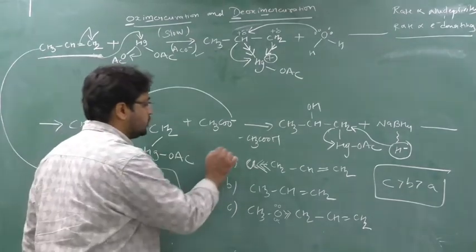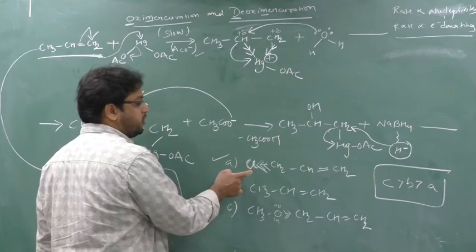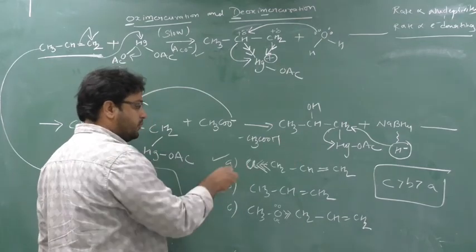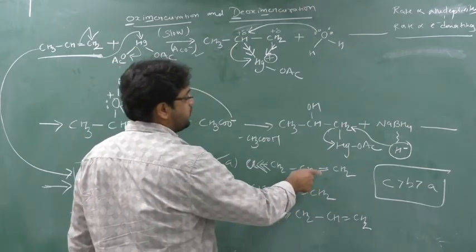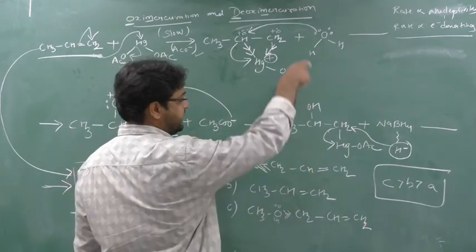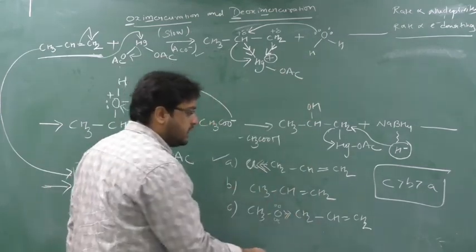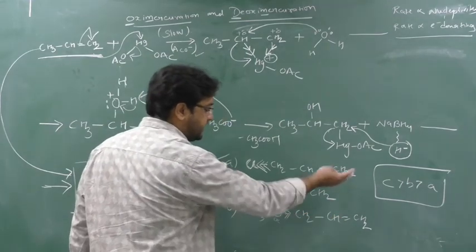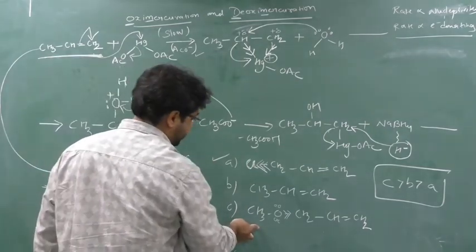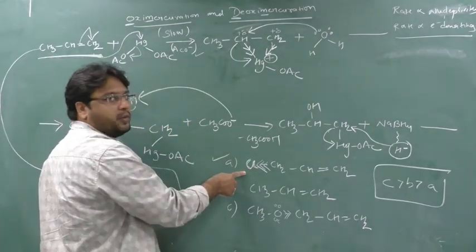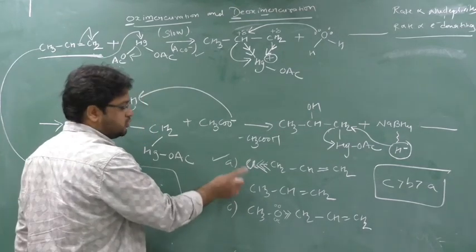A shows the least nucleophilicity towards OMDM, because Cl is an electron withdrawing group, so it will start to withdraw electron from this double bond. So nucleophilicity will decrease, which means the rate will also decrease. Here oxygen is donating electron, so nucleophilicity will increase, and the rate of the reaction will also increase, meaning it can very easily perform OMDM. And B is in the center, because there is no group on it.